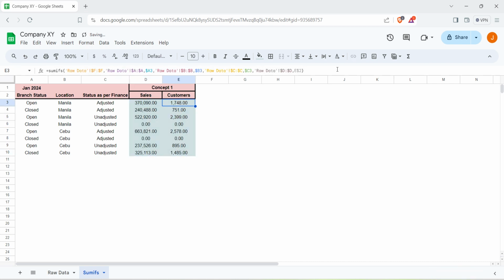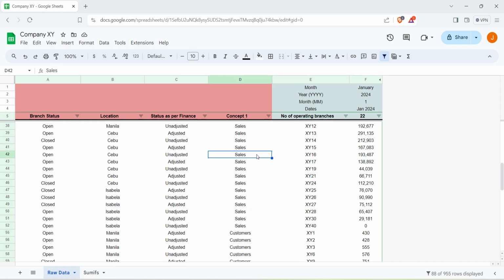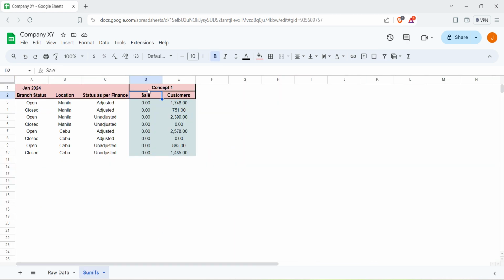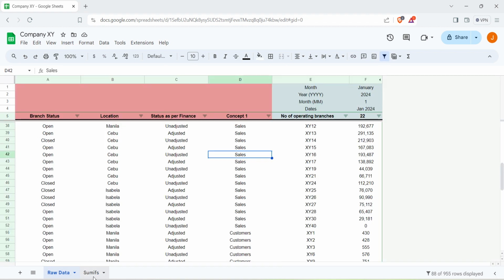Copy, paste. All right. So make sure that everything is correct. For example, the sales, if we remove letter S, it won't read the data because the sales in our raw data has letter S. So make sure everything is correct. So we'll add S, or if I adjust here, okay, you get the point. So we can check if we really get the right data.